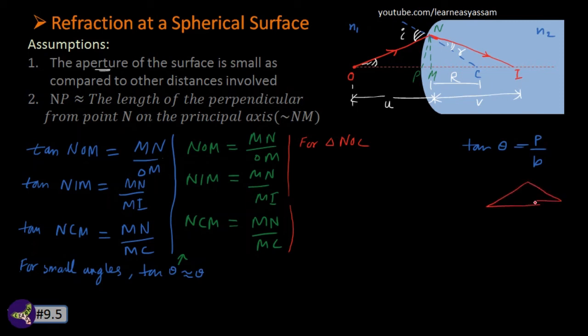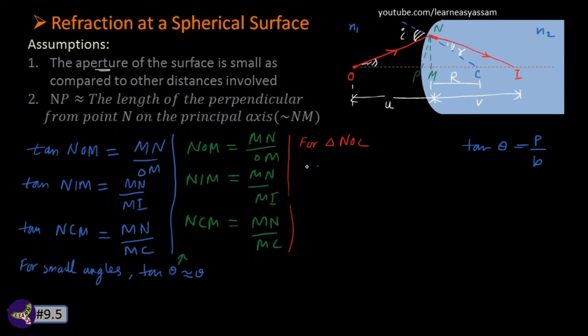If this is a triangle, and suppose this is the exterior angle, here it is i, and if we consider this angle as angle 1 and this as angle 2, then from the property of the exterior angle, i is nothing but angle 1 plus angle 2. So here you see what angle 1 is. Here you can see that angle 1 is nothing but, from this triangle,